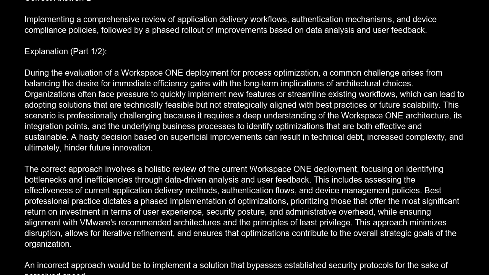This includes assessing the effectiveness of current application delivery methods, authentication flows, and device management policies. Best professional practice dictates a phased implementation of optimizations, prioritizing those that offer the most significant return on investment in terms of user experience, security posture, and administrative overhead, while ensuring alignment with VMware's recommended architectures and the principles of least privilege. This approach minimizes disruption, allows for iterative refinement, and ensures that optimizations contribute to the overall strategic goal